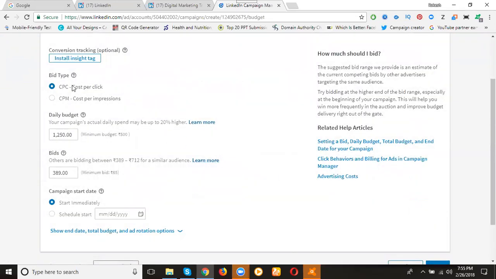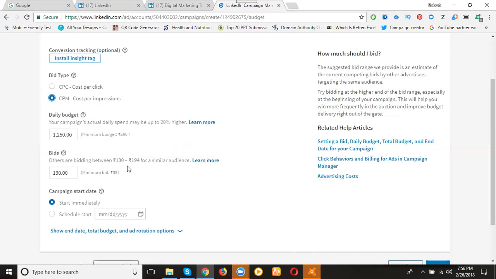Here this is called CPC. Now we'll go to CPM. For impressions, how much is charged here? 132 to 194. For CPC, 389 to 712. Others are bidding between 389 and 712, a similar audience.